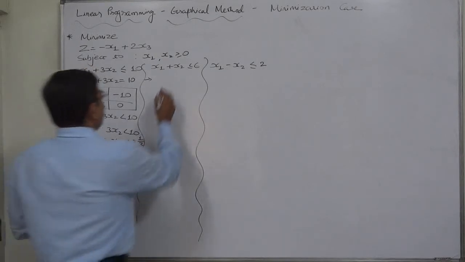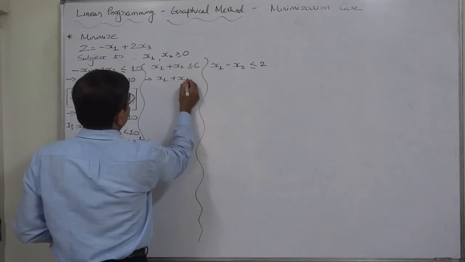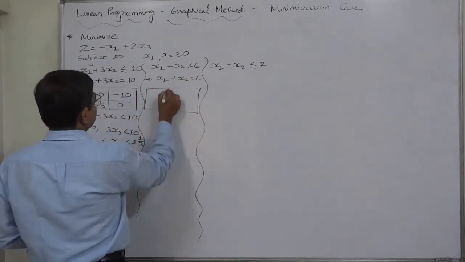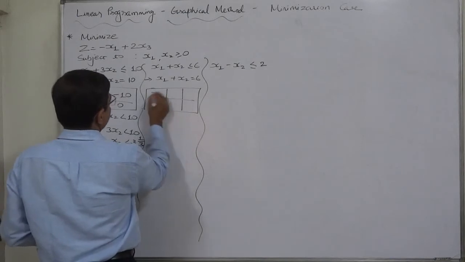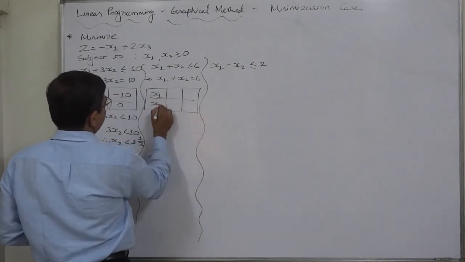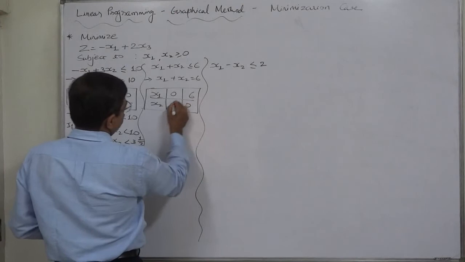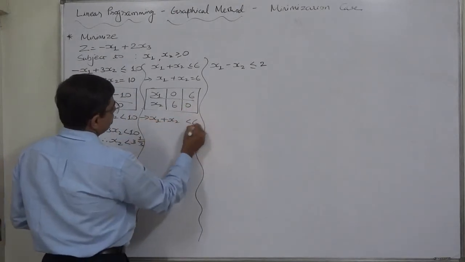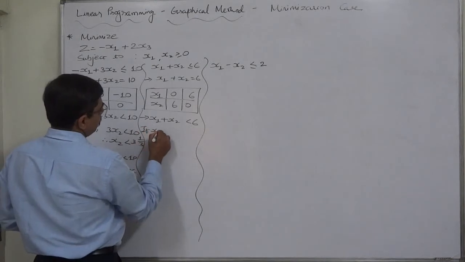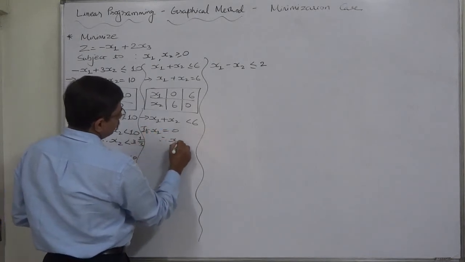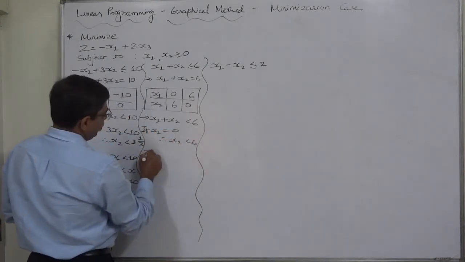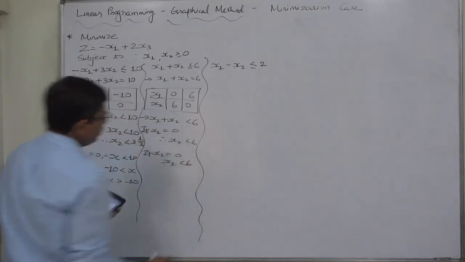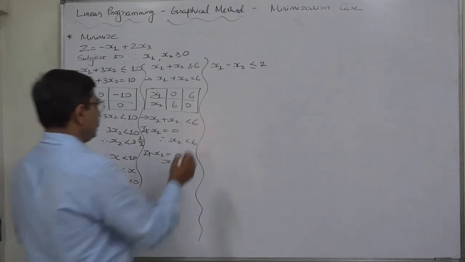Yeah. x1 plus x2 equals to 6. I think we are facing this similar kind of inequality second or third time. 0, 6 and 6, 0. x1 plus x2 less than 6. If x1 equals to 0, then x2 is less than 6. If x2 is 0, then x1 is less than 6. In the case of this inequality,